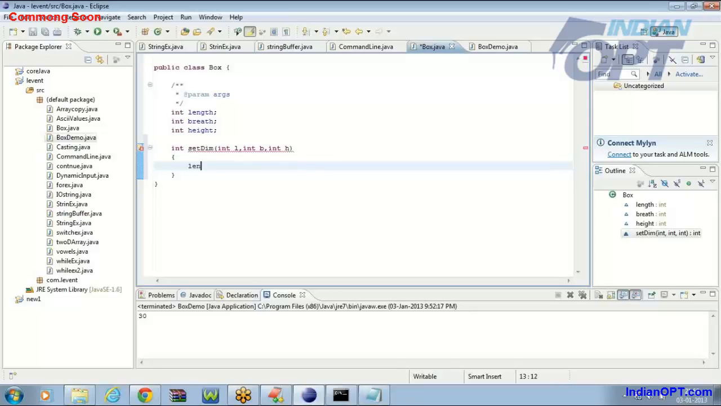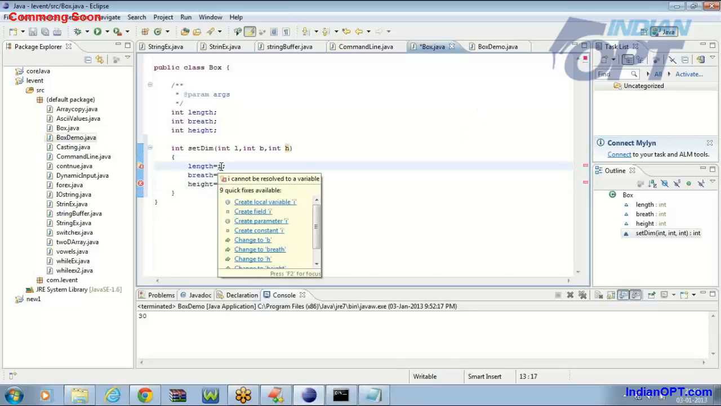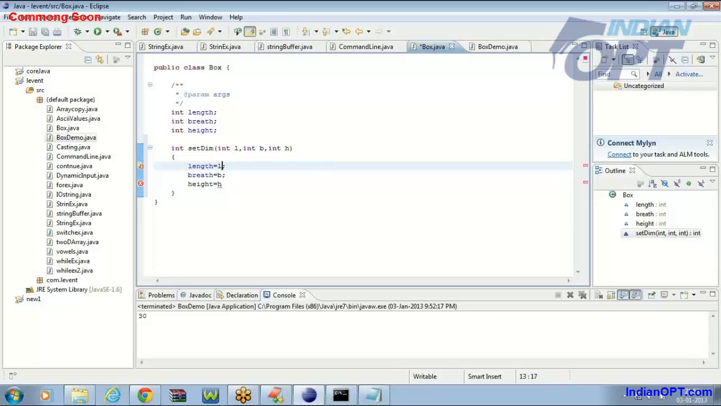Now all my 3 variables declared in my class: length equal to L, breadth equal to B, and height equal to H. You must make it length equal to L. So now all the 3 variables of my class got initialized by the parameter list passed to the